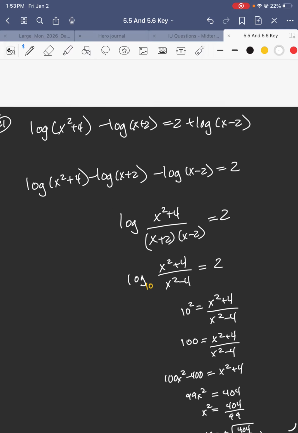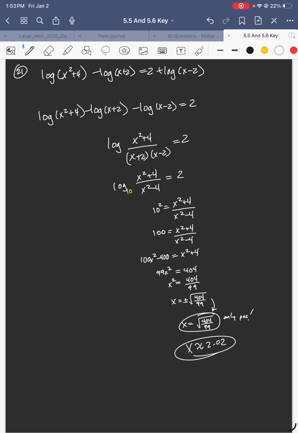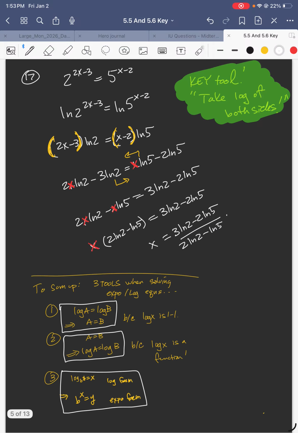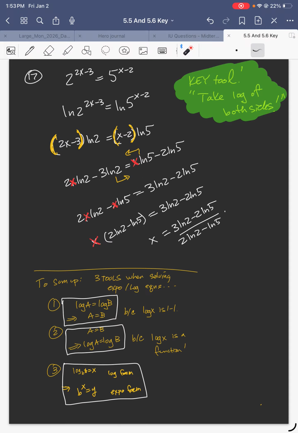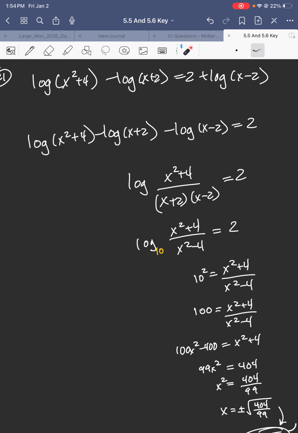So that means when we get to here and I see all this stuff floating around, which tool am I thinking? Well, I've already got logs floating around. So I'm either thinking it's going to be a case where I get a log equal to a log, and I can work back and say the inputs must be equal, or I can go from log form to exponential form. Maybe one of those things, yes? Okay, and so I just try and see what happens. Even if I don't know it helps, I kind of move this over,